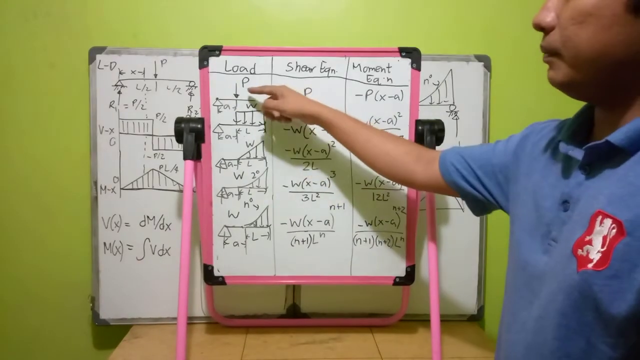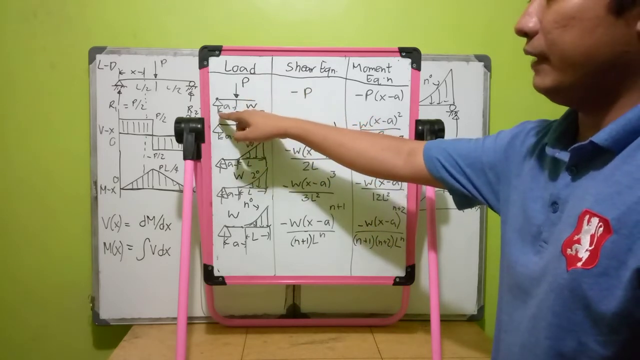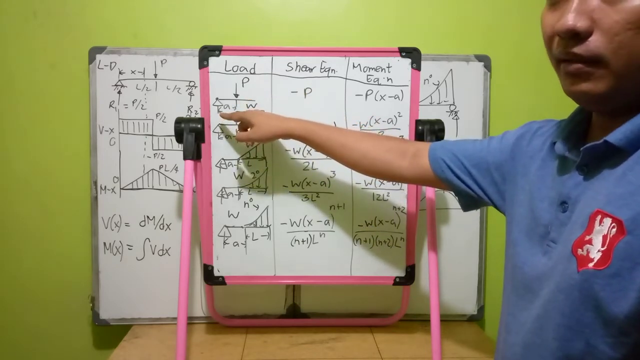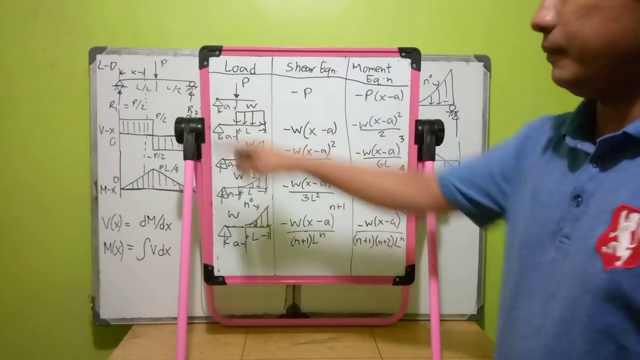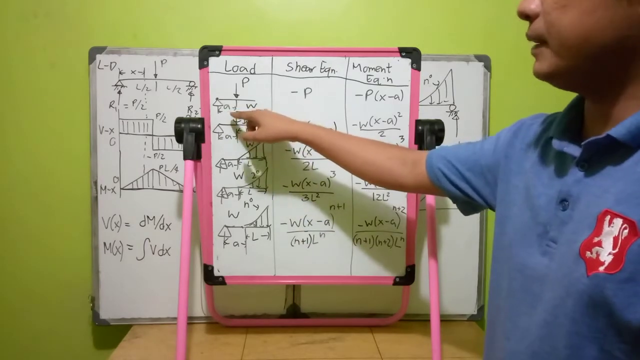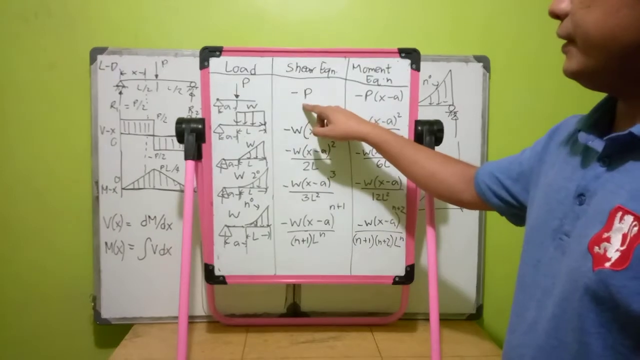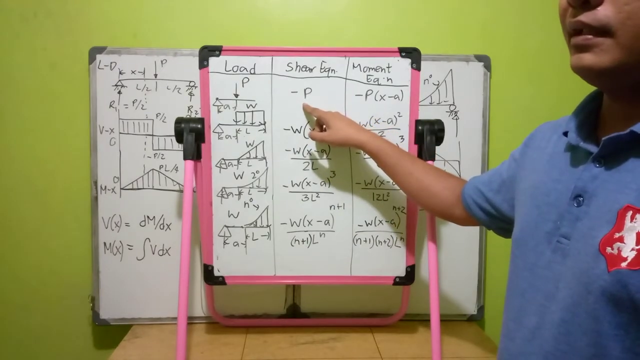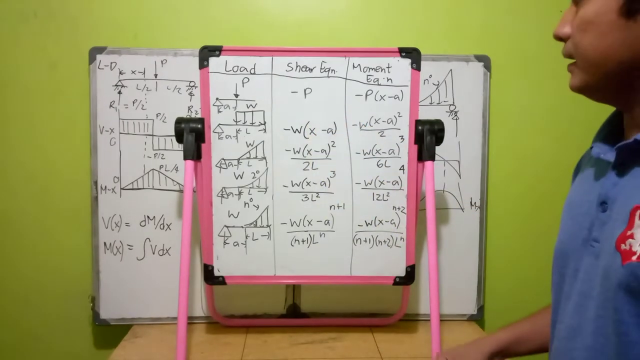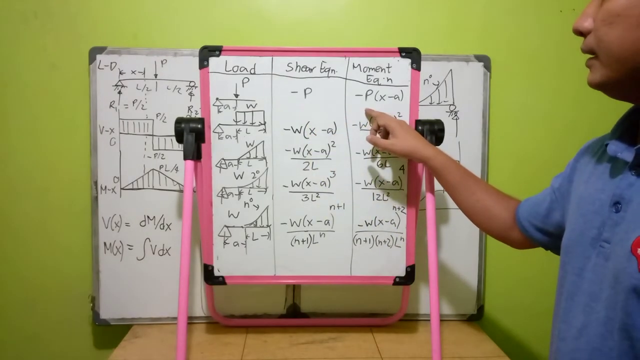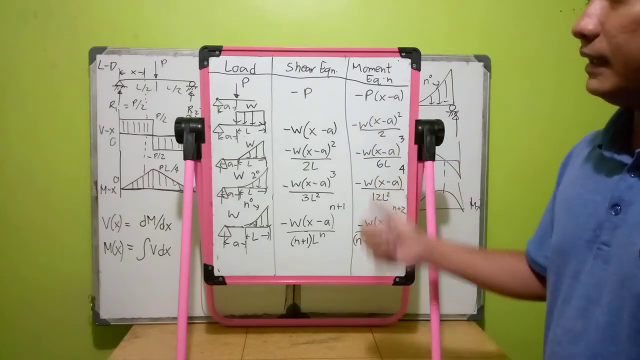Okay, for example, you have a load P acting a distance A away from the leftmost portion of your beam. If it is A away from the end and you have a downward load of P, the suffix for your shear equation will be negative P, and your moment equation is negative P times (x minus A). Where, as I said, x